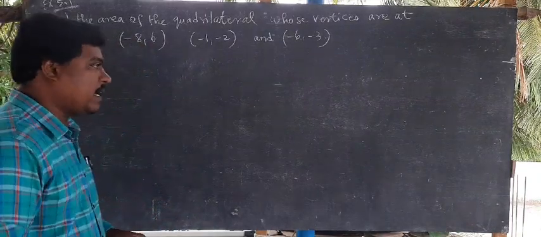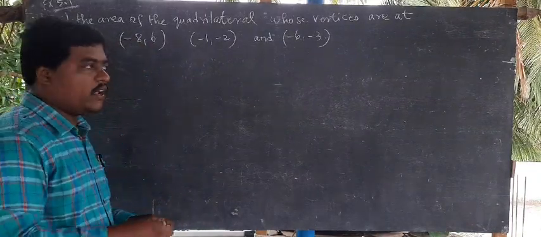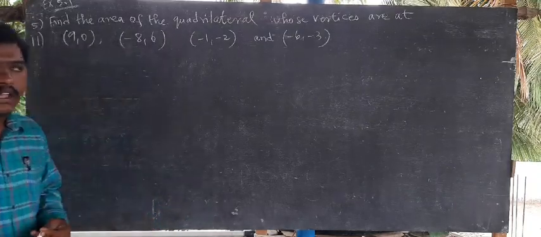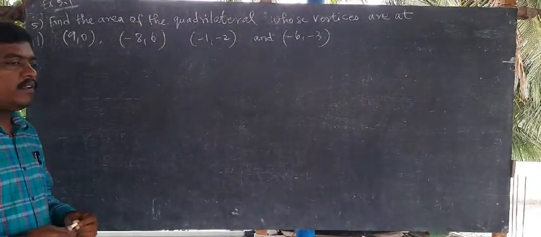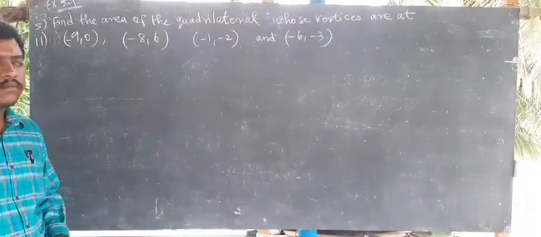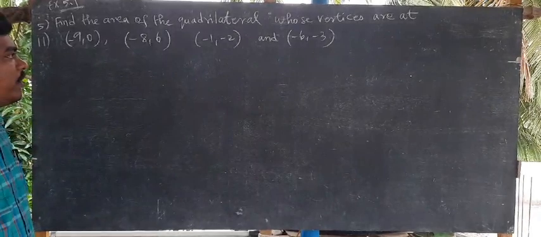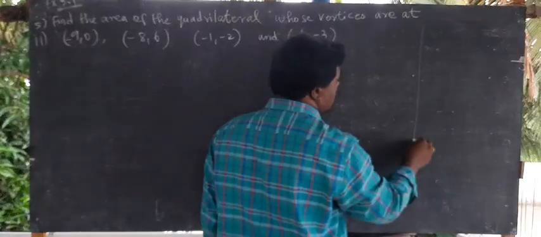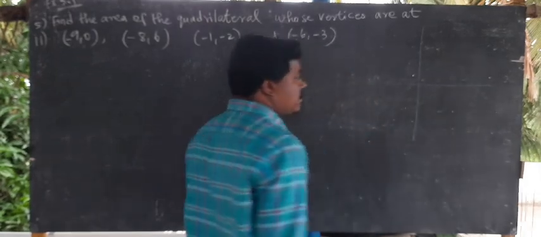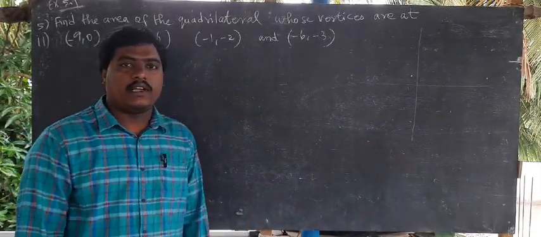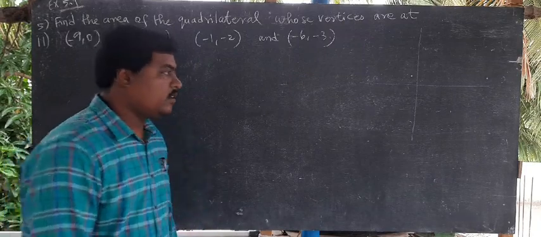Because in a triangle we are having three sides, so any side we take A, B and C. But in a quadrilateral we have to mention which one is A, B, C, D, like that, right? So how we have to draw the graph? In examination also we have to roughly draw the graph, that is enough for the examination, right? So